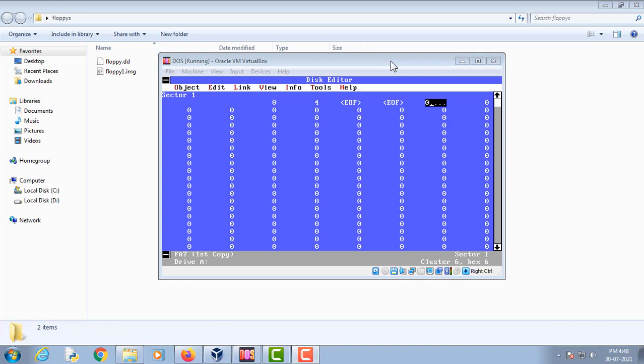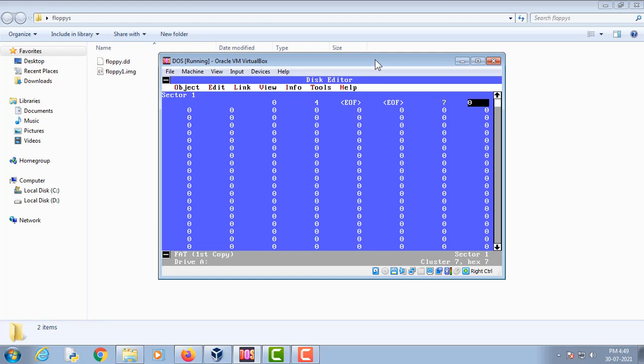Since the starting cluster of file2.txt is cluster number 6, we will start from cluster number 6. Cluster number 6 will point to cluster number 7, so we type 7 here.